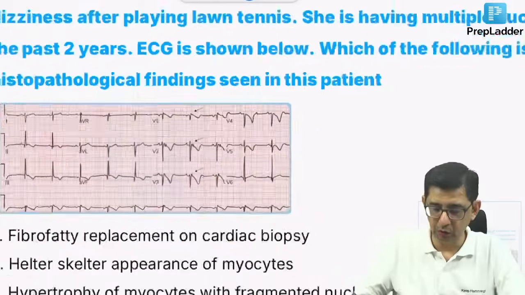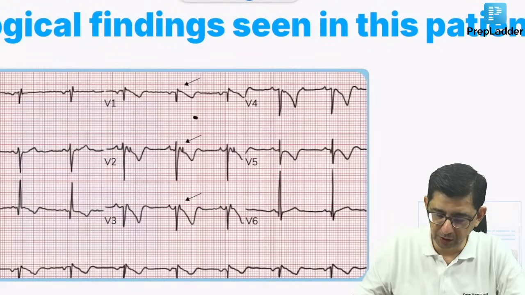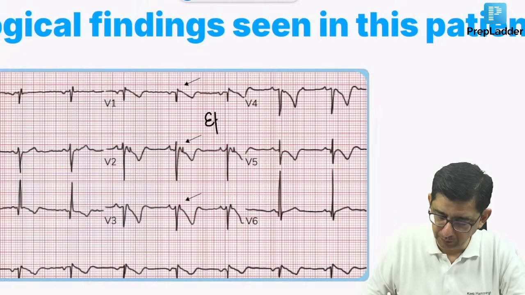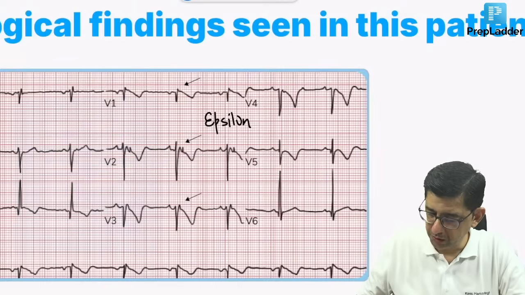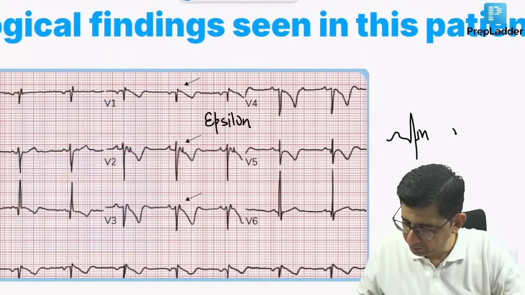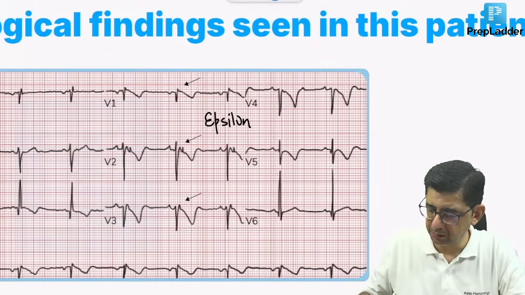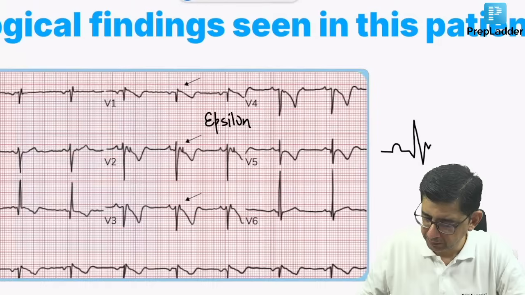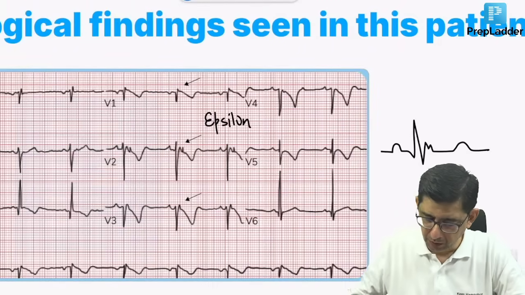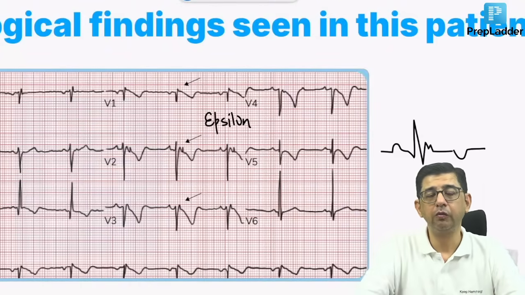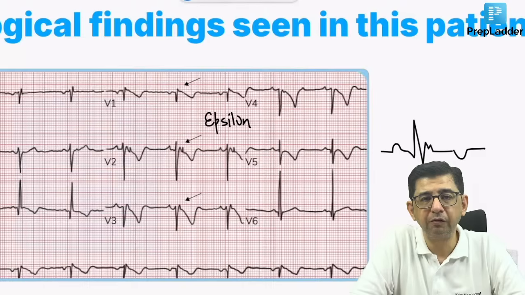Okay. So what we are seeing in the ECG of this patient is epsilon waves. I'll just try to hand draw them as well. This is the PR, and then what we're noticing is this epsilon wave that is coming up. I'll just sketch it once again. Meanwhile, you can keep on commenting on the answer. In fact, there's a T wave inversion present here. So what I've drawn is just to sketch the epsilon wave, which is a feature that is